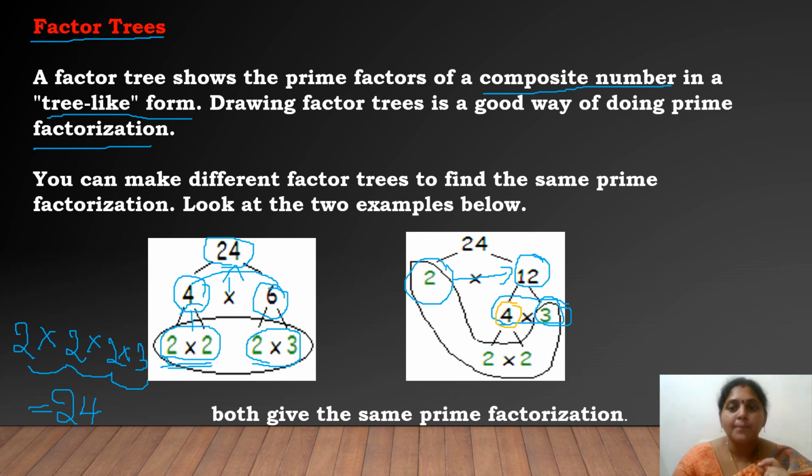How can I change it? I have to take my smallest prime numbers. So 4 in the 2 table is 2 into 2. Yes or no? 4 can be written as 2 into 2. So what is my 2 here? My 2 is a prime number. I got my prime numbers at last. So I will stop my prime factorization method. Now here also, if you observe, 3 into 2 into 2 into 2, these are the factors of 24. When you are multiplying all these 4 numbers, you will be getting your answer as 24. This is how we are going to do our factor trees.